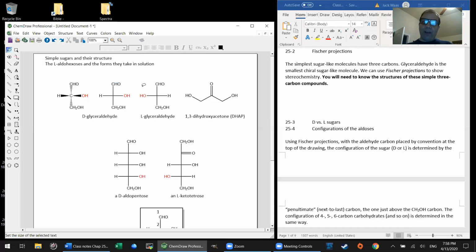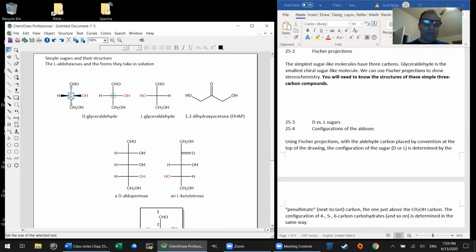Couple other caveats here. First of all, please do notice that in order to draw a correct Fischer projection, you cannot put a letter C at the intersection. Once you do that, it's no longer a Fischer projection. It's a perfectly fine structure, but it's just a flat structure and it does not convey any stereochemical information. So you must not put letter C's at the intersections. It's a common mistake that I've seen over the years. So please bear that in mind.